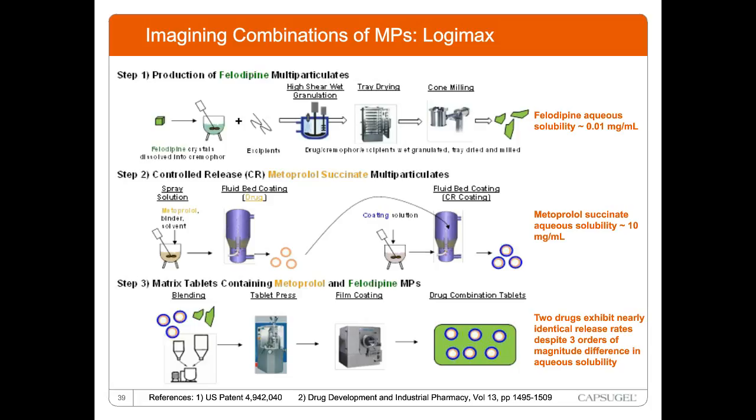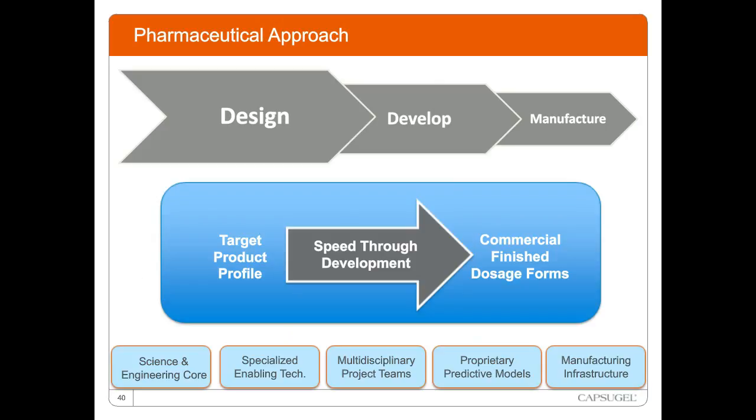So getting back to our idealized design, develop, and manufacturing paradigm for pharmaceuticals, a pharmaceutical team needs the items across the bottom to succeed at achieving speed to market. Capsugel Dosage Form Solutions offers this capability to you through our science and engineering capability to complement the drug delivery capability of the customers, the models, technologies, and equipment to design an optimal and unbiased formulation for any given product,